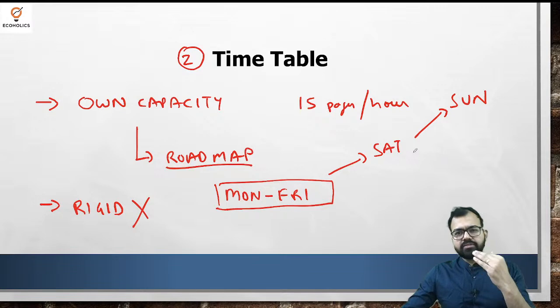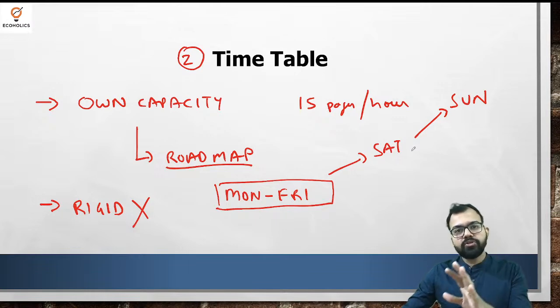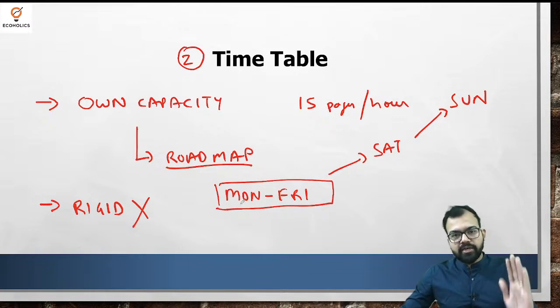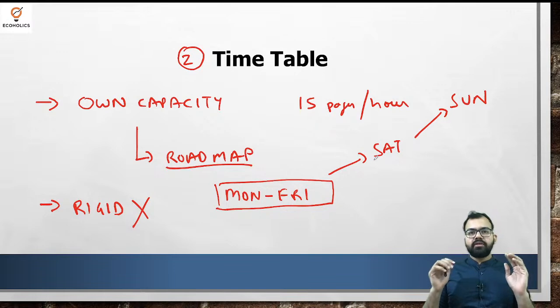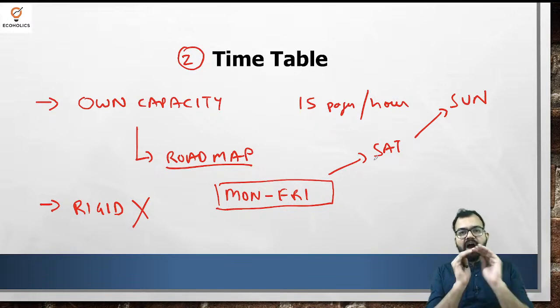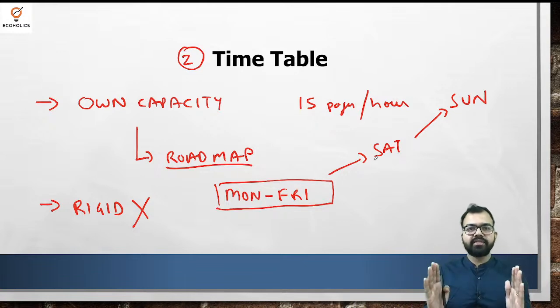Okay. This is one of the example that we teach in our mentorship session in economics optional live classes, batches, and economics optional test series. So this is one of the example. You can see according to your preference. Okay. So Monday to Friday, you made a schedule. Saturday is a buffer period. Okay. Suppose for example, you are not able to complete anything half day on Wednesday or half day on Thursday, then you can utilize Saturday to complete that week's target. That is what I am saying, flexibility in the timetable.